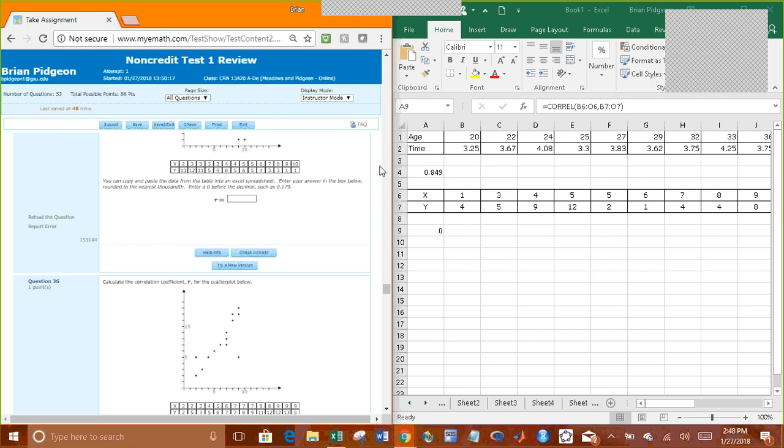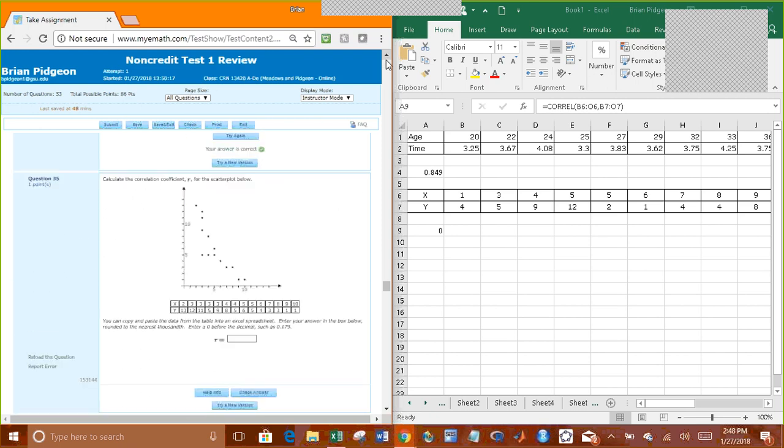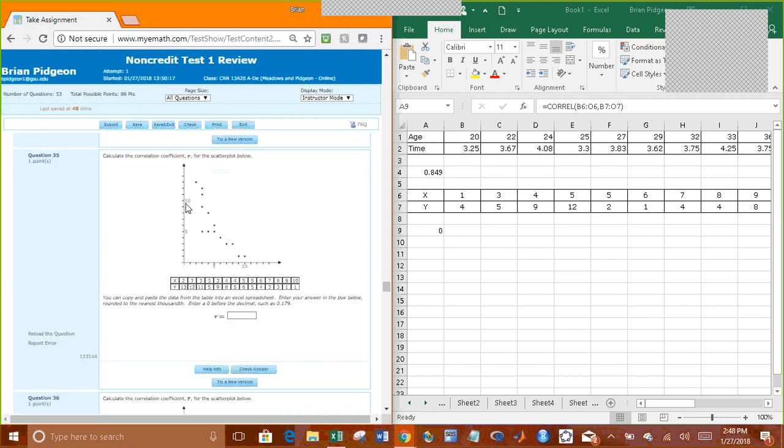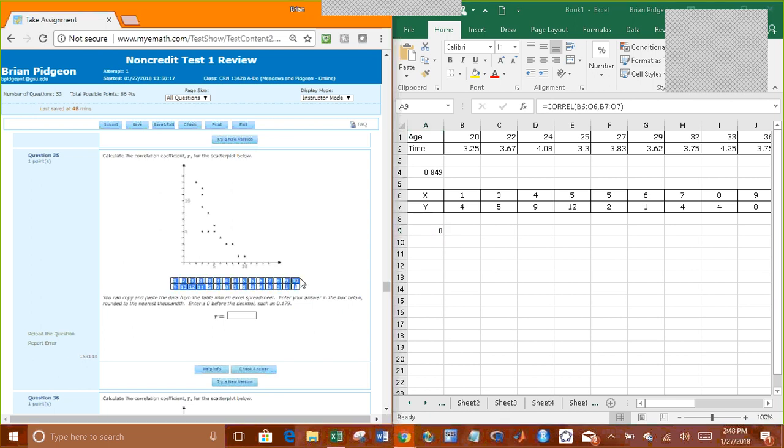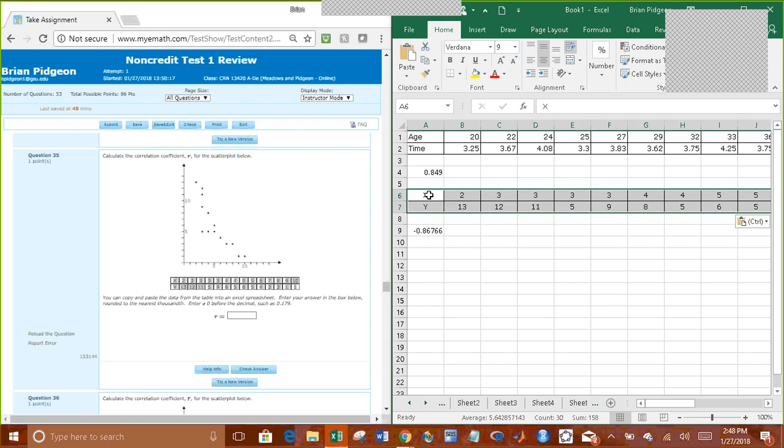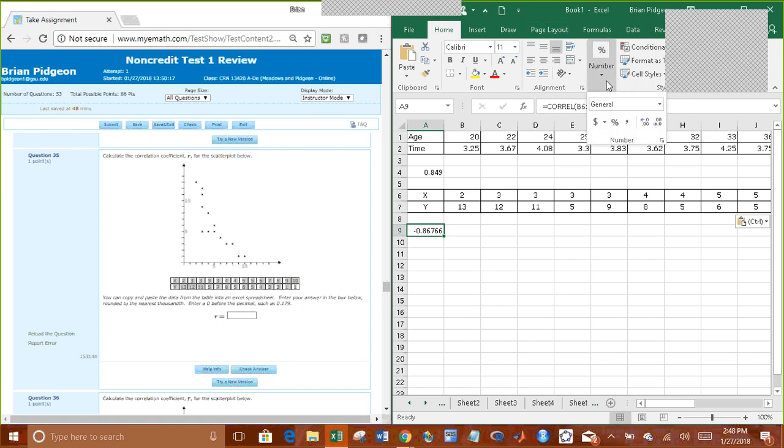Okay. Well, I'm not going to do the next one, but just know that your correlation here, well, maybe I will, just so we can get all of our cases done. We're doing the same thing. I'm going to just copy and paste this over this one. And because we clicked into our correlation function, just note that that value automatically changed. And we want to the nearest thousandth, so